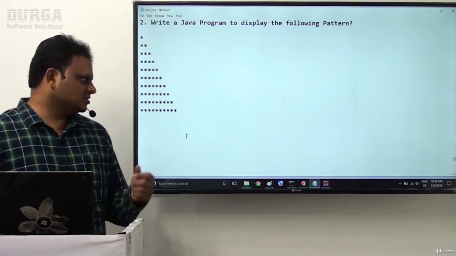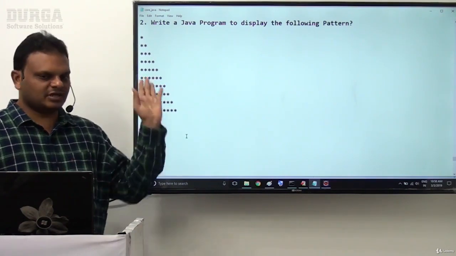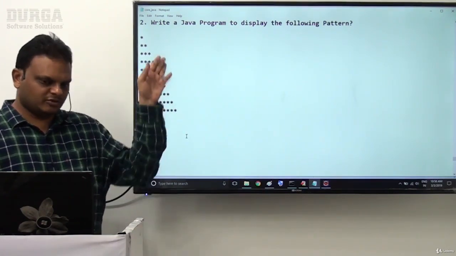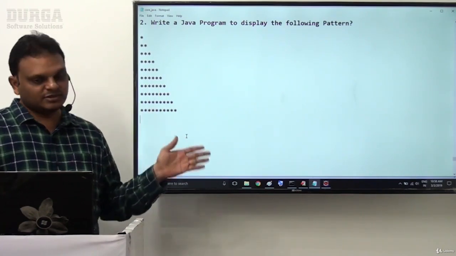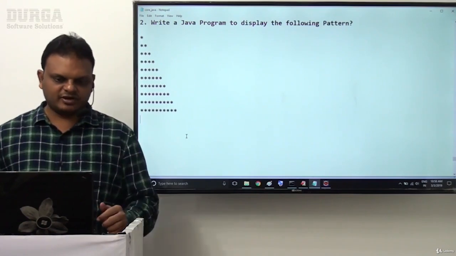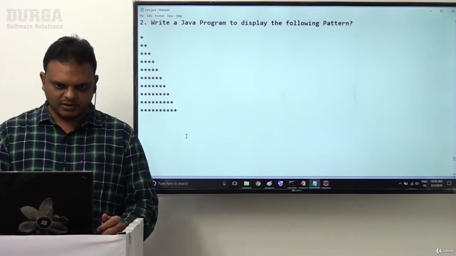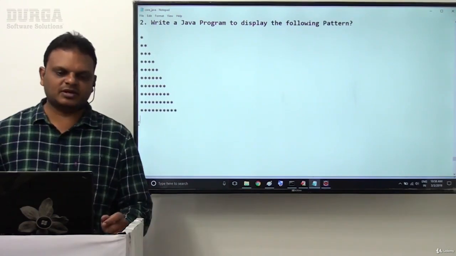First of all, we will see this pattern. Then after that, we'll go for the same pattern displaying numbers in horizontal mode and vertical mode, and in the same pattern displaying letters, ABCDs. All these things we are going to see in the same example. Now let me prepare this, but analyze this pattern.